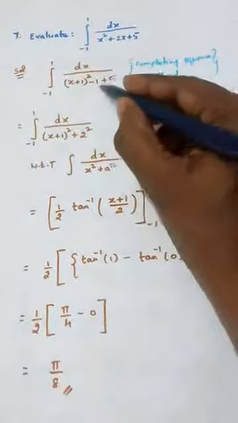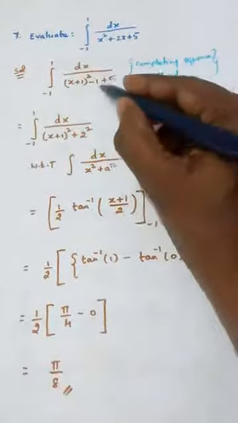Hope you are catching what I am telling. In place of x, we are having x plus 1. In that case, we differentiate it once again. But if you differentiate this, only 1 will come as the answer, so I need not write that 1 in the denominator. Suppose it is 2x plus 1, then if I differentiate this again, 2 will come. Then I should write into 2.